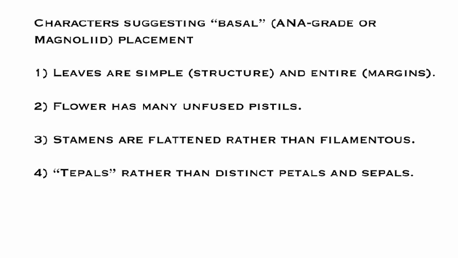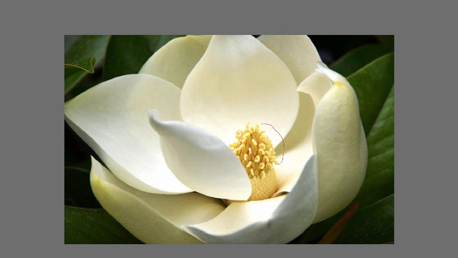So the fourth characteristic is that there's no clear distinction between petals and sepals. I actually mentioned petals and sepals before, but one of the keys to these types of plants is that we don't see any strong distinction between them. Let's look at the magnolia flower again. So now as you look at this flower, we have some things on the outside and some things on the inside. Maybe you might want to call this one a sepal and this one a petal, but there's really no clear distinction. Okay? And in fact, we had to invent a whole new term, tepal, to refer to these neither